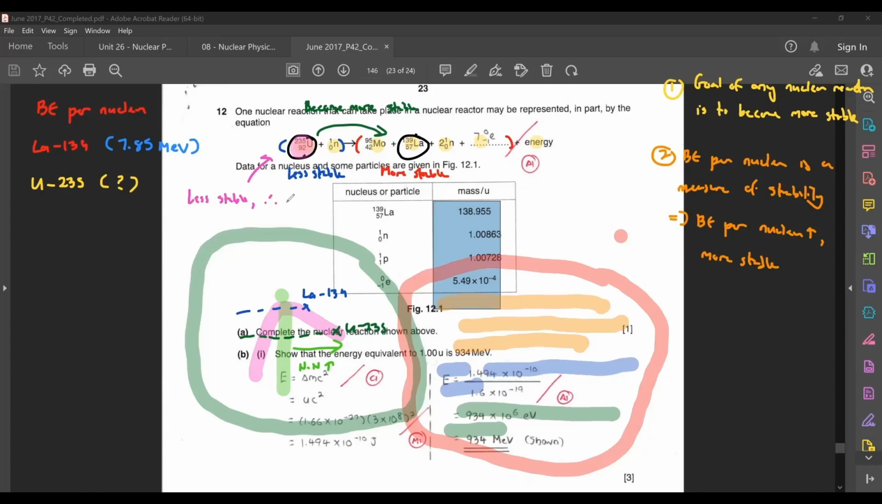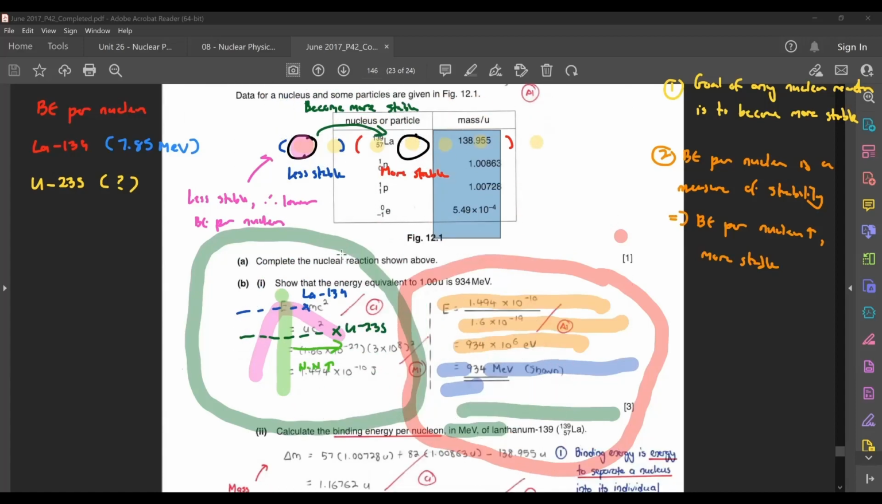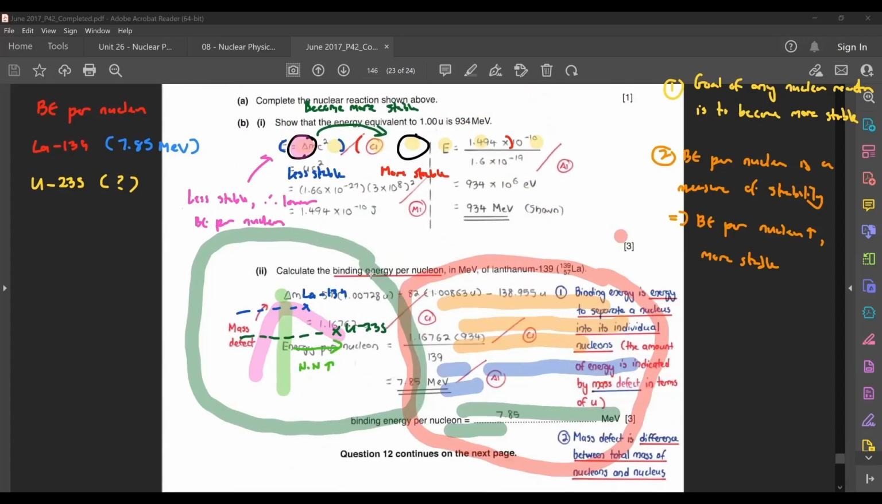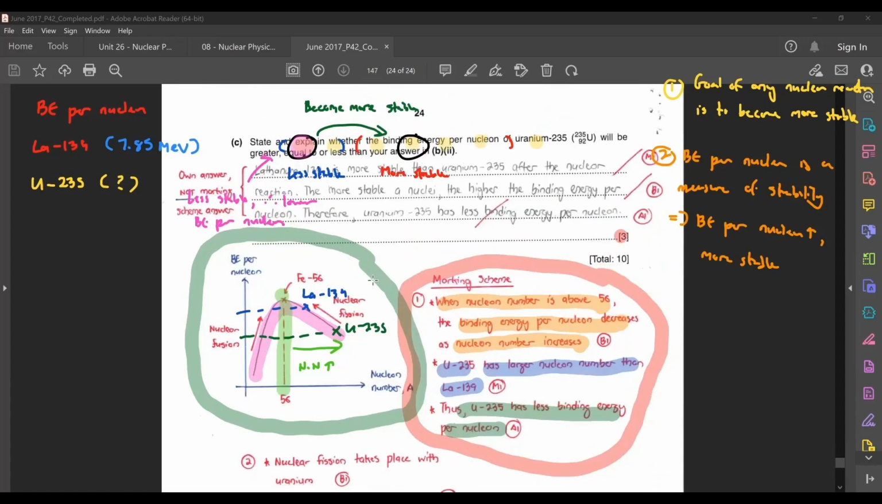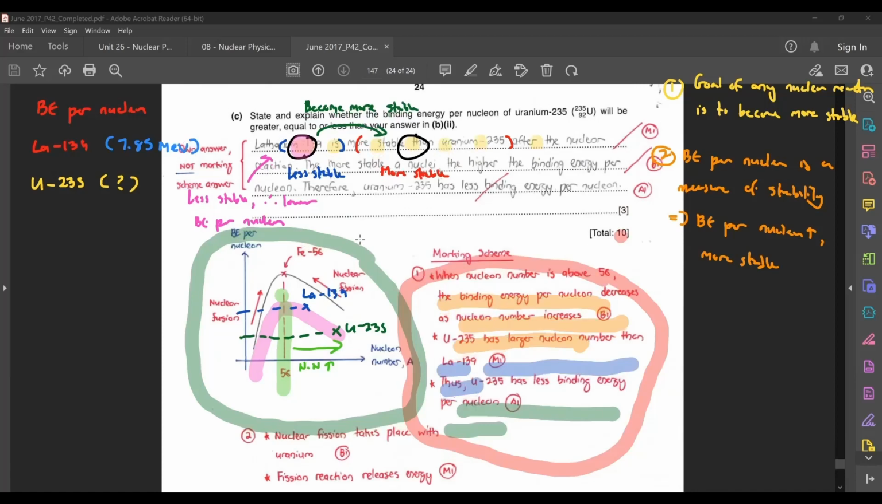Therefore, you have lower Be per nucleon. Okay, that's one way of looking at how you can actually determine whether it is going to be less. Because the answer that I wrote was something like this. I'm just going to erase some of this stuff here. Sorry. Here I wrote something like this, where I said that